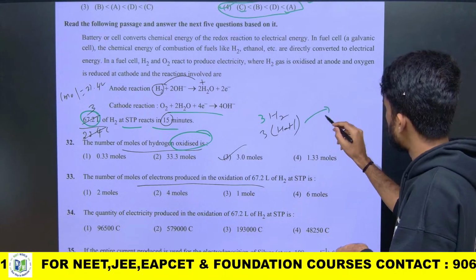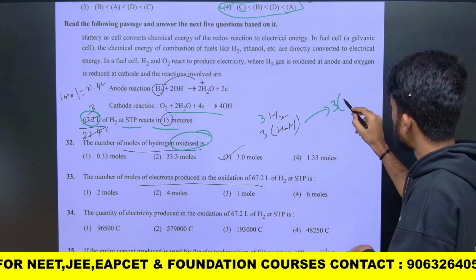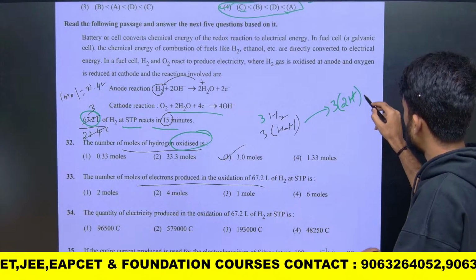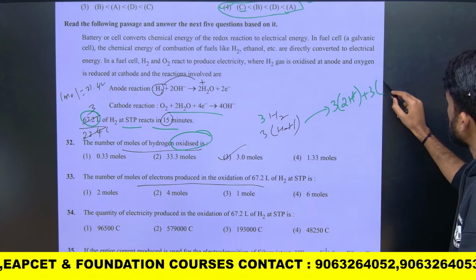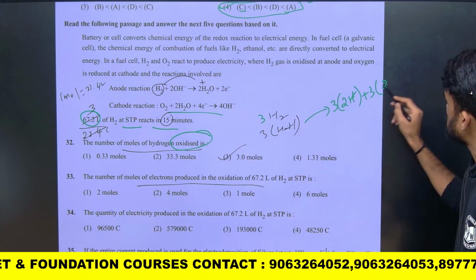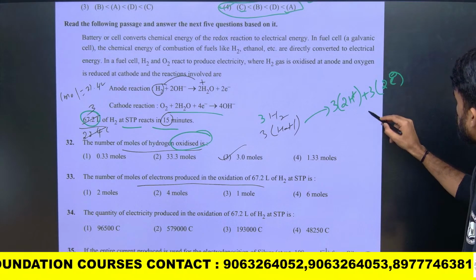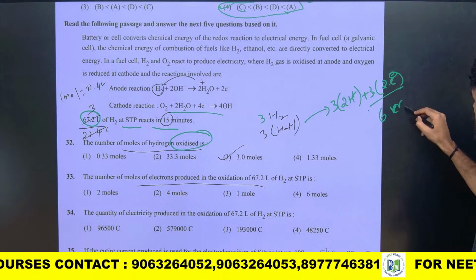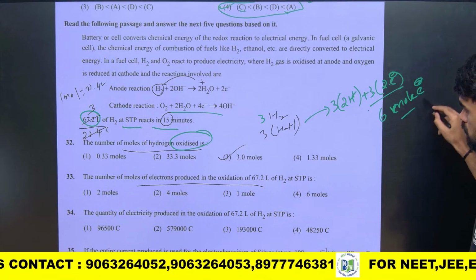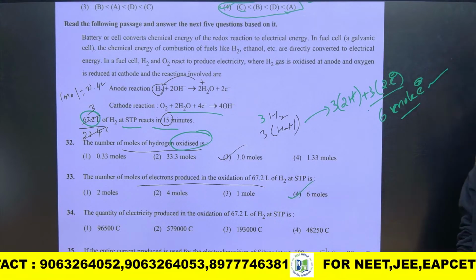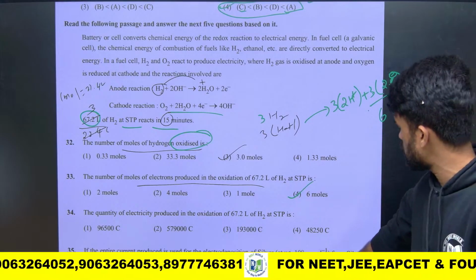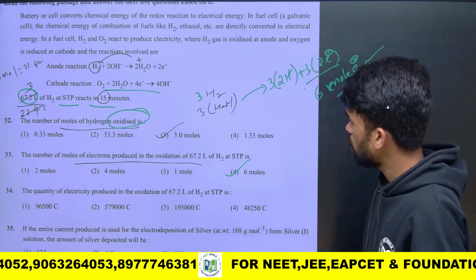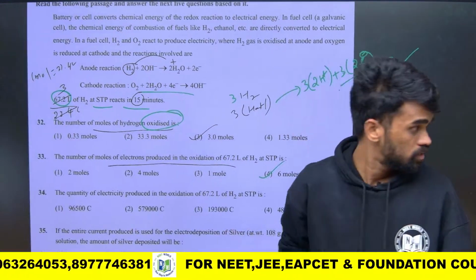So 3 into 2H+, it means each molecule is giving 2 electrons. So how many moles of electrons are involved? 2 times 3 is 6 moles of electrons are involved in the process. So 6 moles. I hope this is also clear, which is a very basic way of understanding. Okay, the next one here we have is